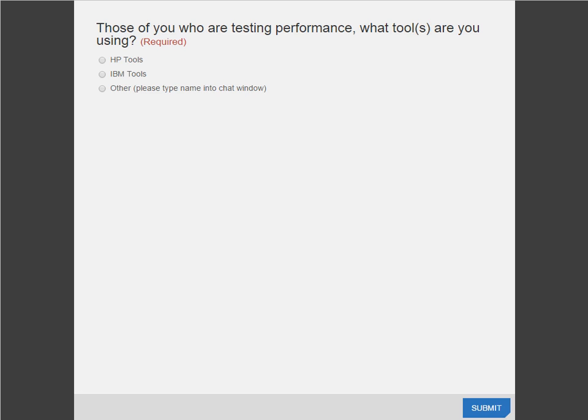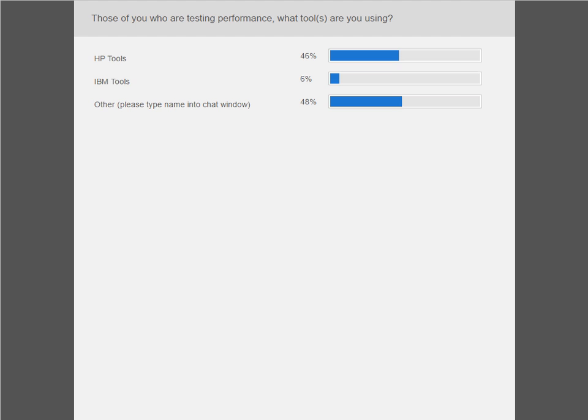There's a lot of good answers coming in through the chat. I'll mention a couple of them, though I won't mention anybody by name. All right, I'm going to go ahead and close the poll here. So, not surprising, about 45% using HP, a very small percentage using IBM, and about half of you using